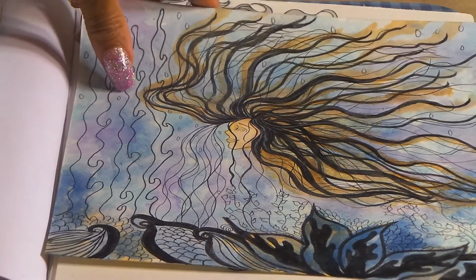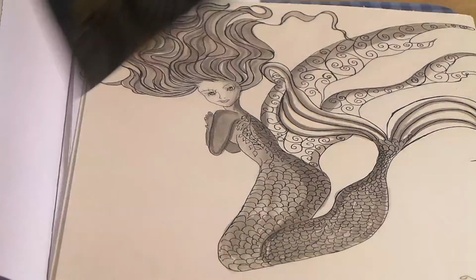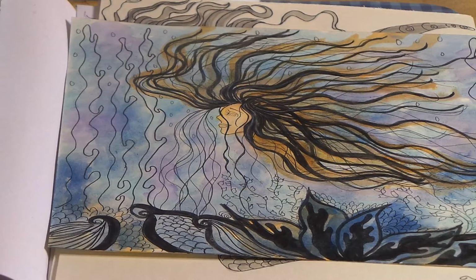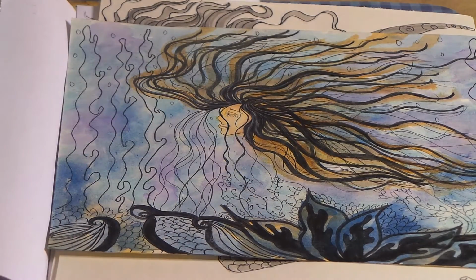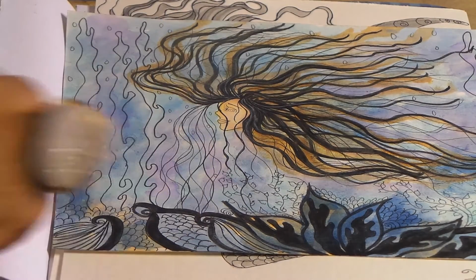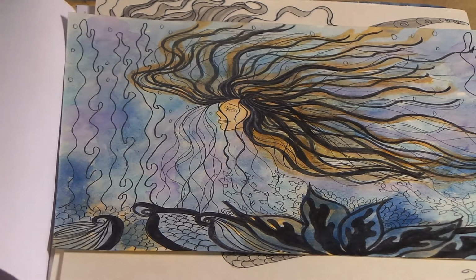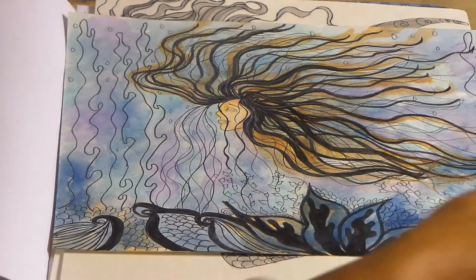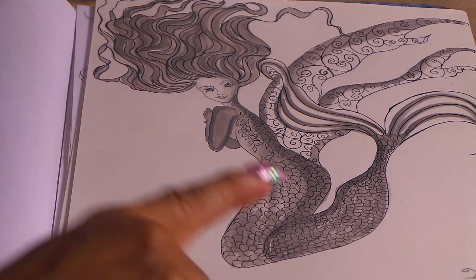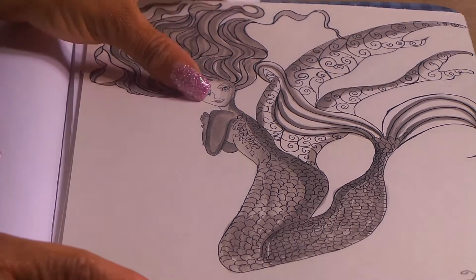So on day 7, I did a redo of her. I'm still counting it as the 7th page, because I just redid it. I like her face better on this one. She doesn't look like a witch. She just looks like a pretty woman. I wanted just a pretty face with her eyes closed. So I like how this turned out. I think that turned out really pretty. Also, I put a little purple in there. I changed the colors a lot on this one. I love the purple and the blue together, and I just think she came out really pretty. Okay, so that's day 7. On the 8th day, I did her, this mermaid